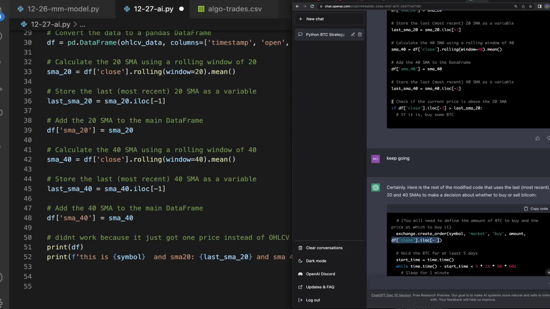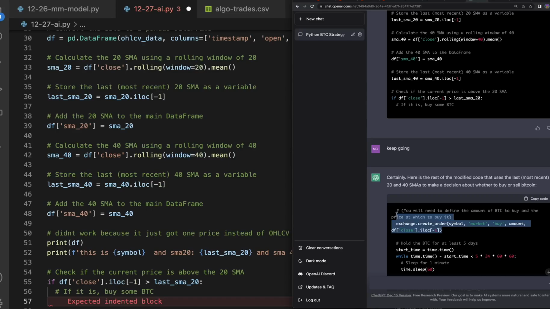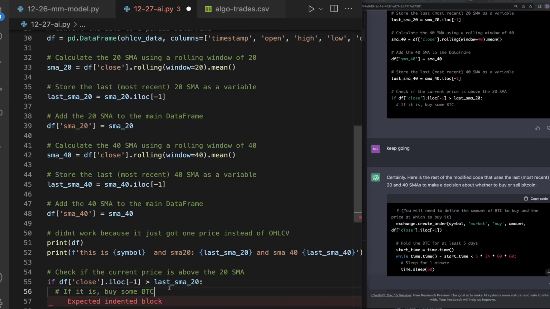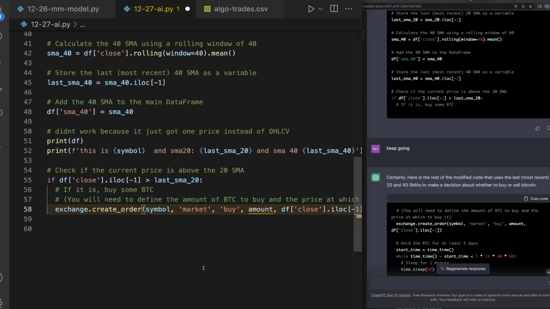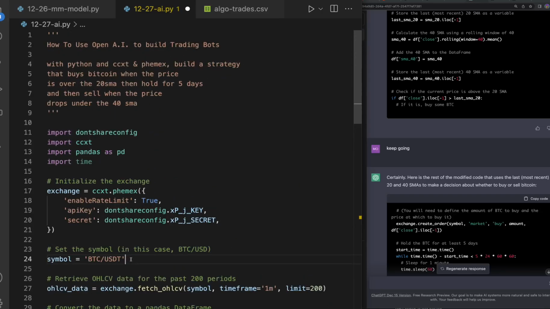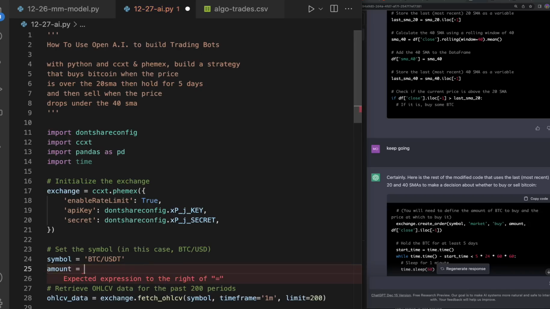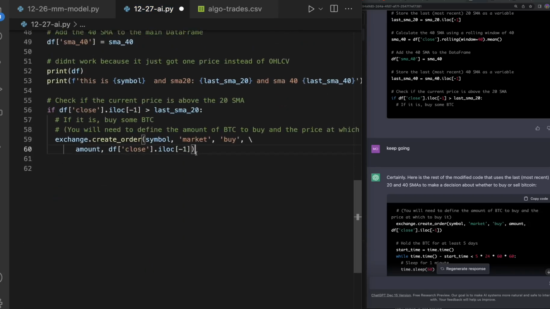I think this is the next part right here. So let's copy that. And then we need to copy this as well. Amount. We don't have the amount. I'll make this bigger so you can see it better. So we need to pick the amount. Let's just do 1 for now. Put that up here. Equals 1. Okay. And then